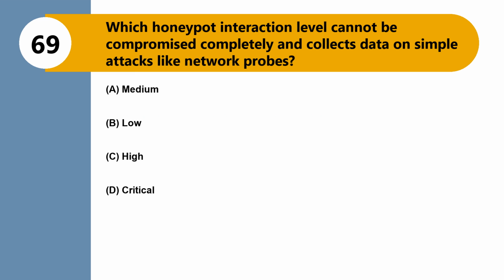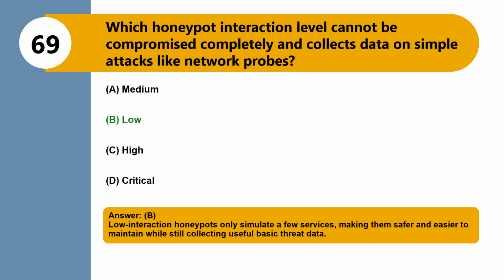Question 69. Which honeypot interaction level cannot be compromised completely and collects data on simple attacks like network probes? Option A, medium. Option B, low. Option C, high. Option D, critical. The correct answer is option B, low. Low interaction honeypots only simulate a few services, making them safer and easier to maintain while still collecting useful basic